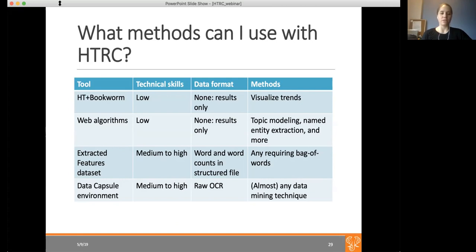The difference between the extracted features dataset and the data capsules environment is that the extracted features dataset offers word and word counts for volumes in the digital library in a very structured file. And it can only be used with methods that require a bag of words, which is just this idea of what words existed in the text and how many times they occurred, but you don't know the order in which they occurred. The data capsules environment offers raw OCR to researchers and the ability to use almost any data mining